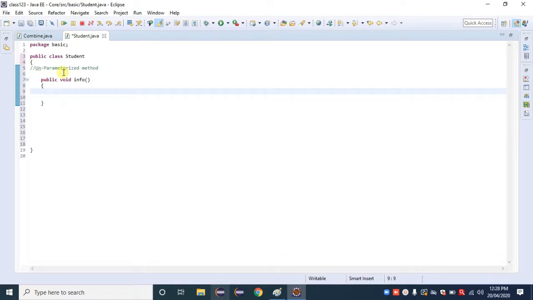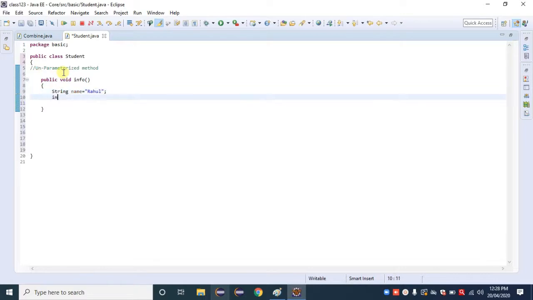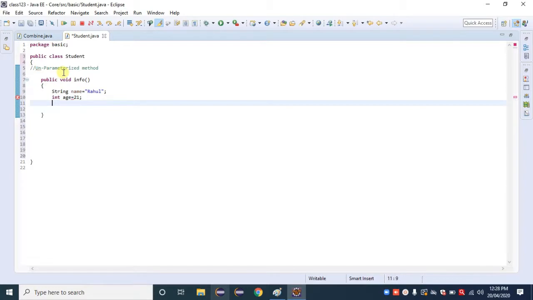So inside that method we need to provide variables. The first variable I am using here is of string type. String name is equal to Rahul. Just for understanding purposes we consider one example here. int age is equal to 21. So here I am providing a printing statement.